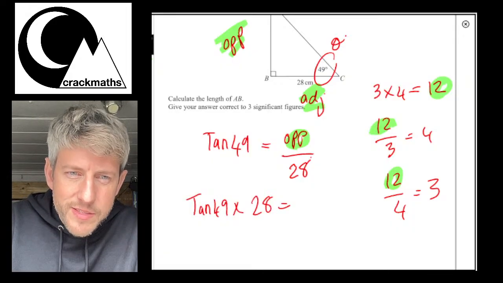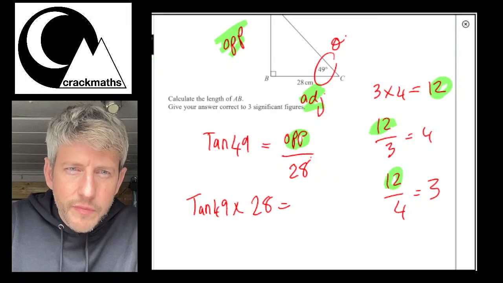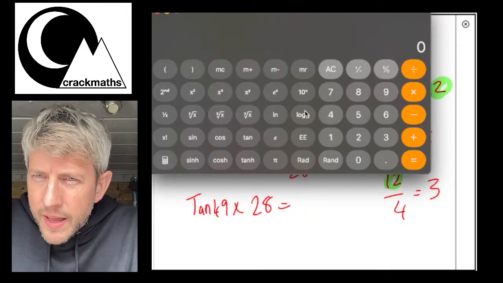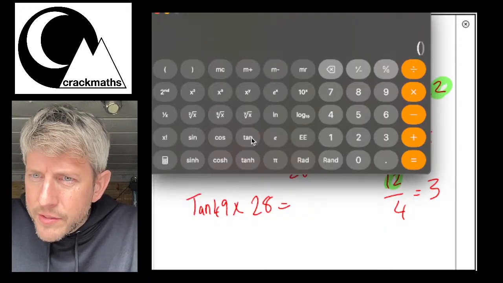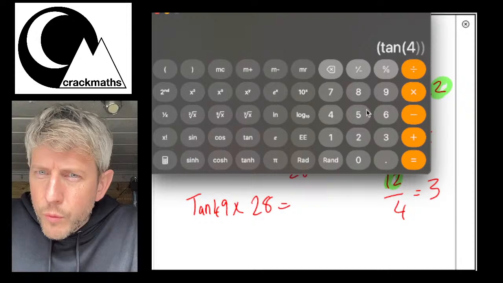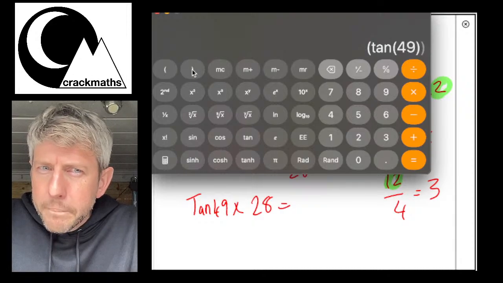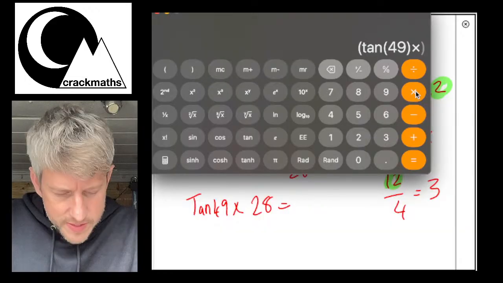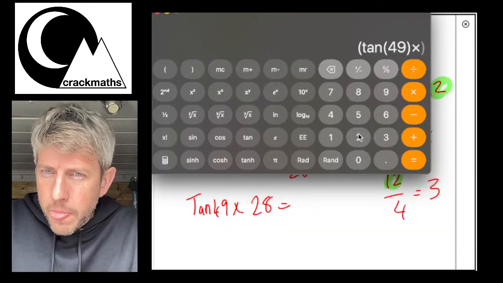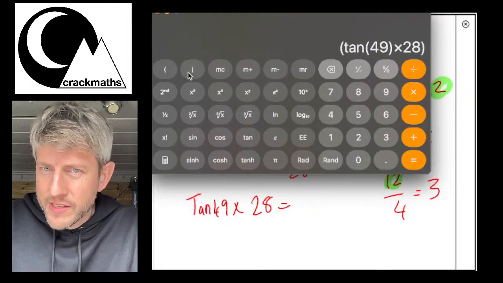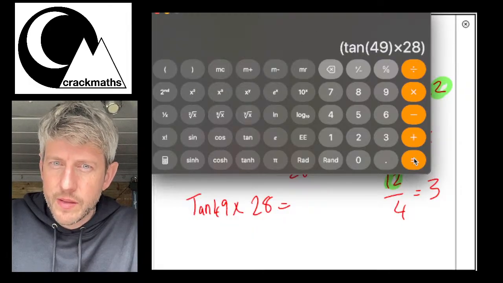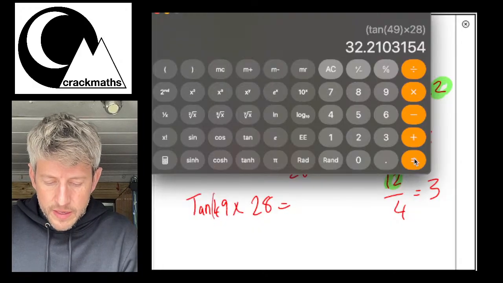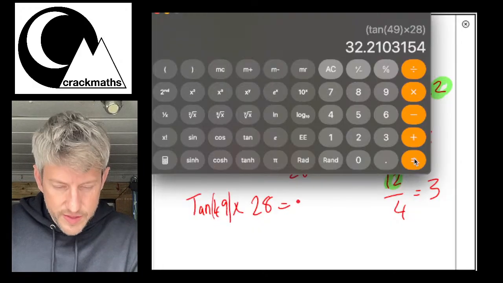So let me go back to the scientific calculator, and then here we go, I'll put this up here. I'm going to put brackets around this, tan 49, close bracket, and then times 28. The calculator actually put brackets on for me, so I didn't need to put these additional brackets around the outside. But I just wanted to make sure the 28 and the 49 didn't get mixed up. Okay, so this equals